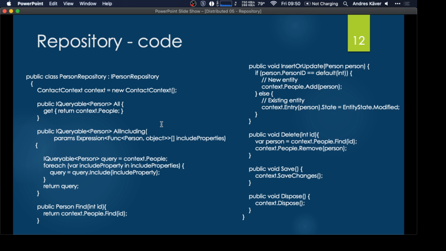But now you collect all your operations into one single place. Everything concerning how you deal with persons in this case, everything is here. And if you want to change anything, if you want to check, for example, that the first name always has to be capitalized before you insert it into the database, please, somewhere here is the insert or update method. You get the person reference here. You can modify whatever is there and then update the database correctly. Or if you want to do the soft delete, you go here, you take your delete method and override what is going on here, and you replace whatever you need to replace here. So it's a nice way how to